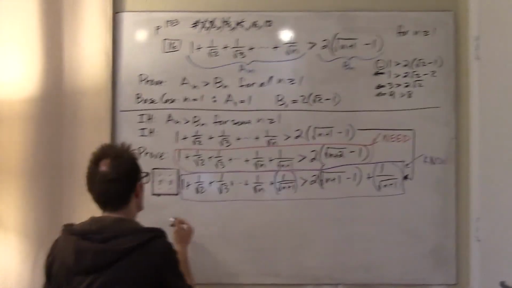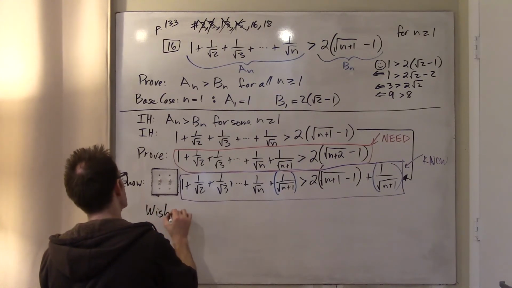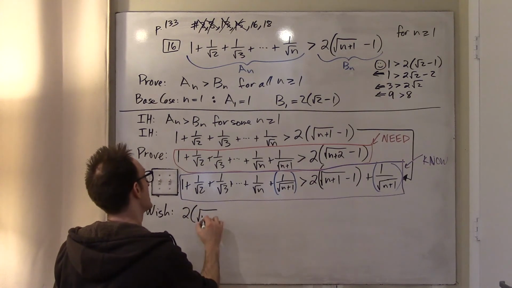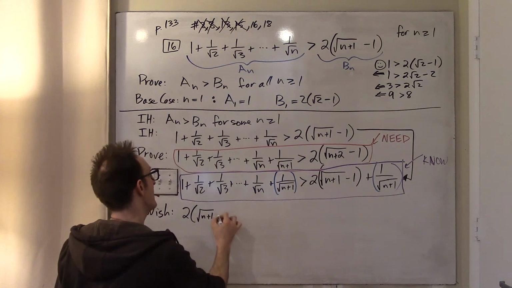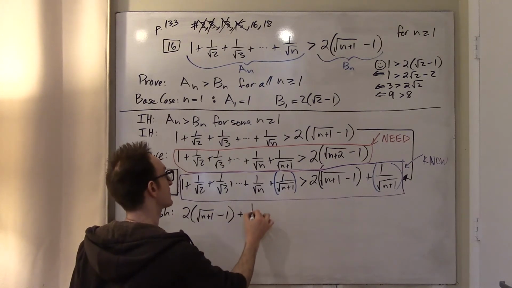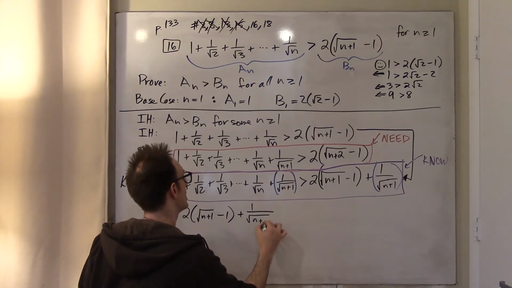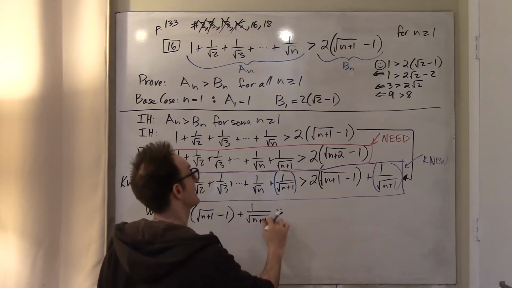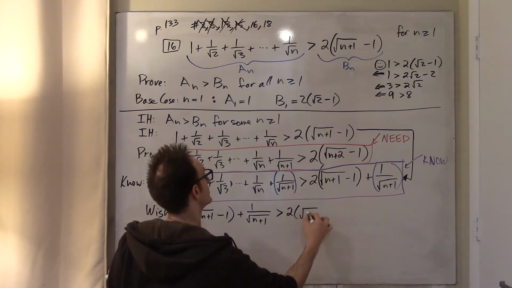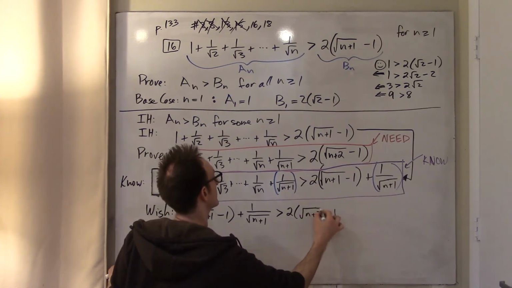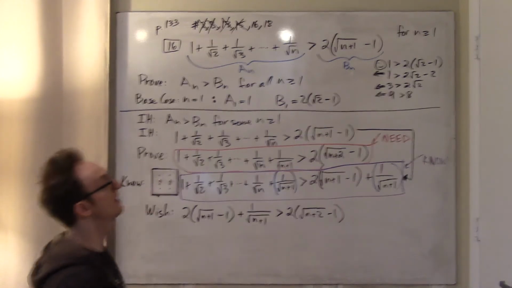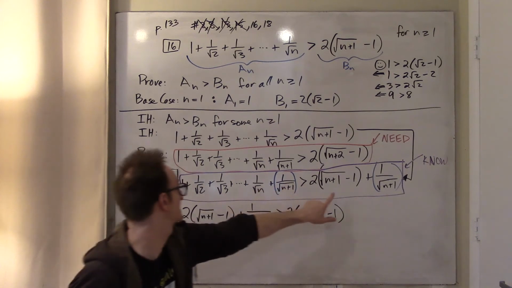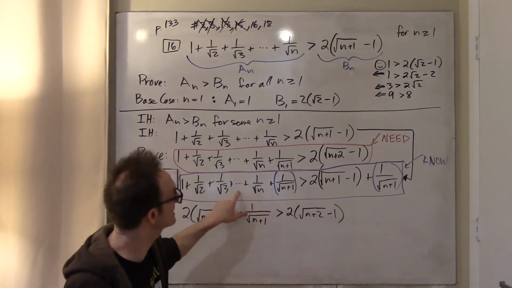Good. So, what I wish were true, hopefully I don't mess this up, is that 2 times root n plus 1 minus 1 plus 1 over root n plus 1 were bigger than 2 root n plus 2 minus 1. Why do I wish that were true? Because taking what I know, that this is bigger than this,